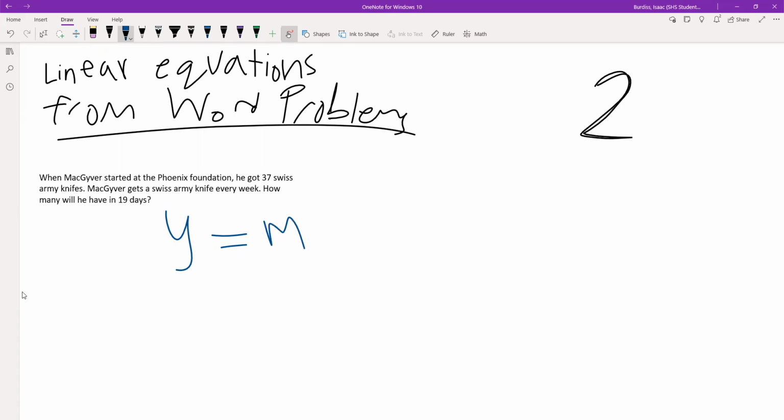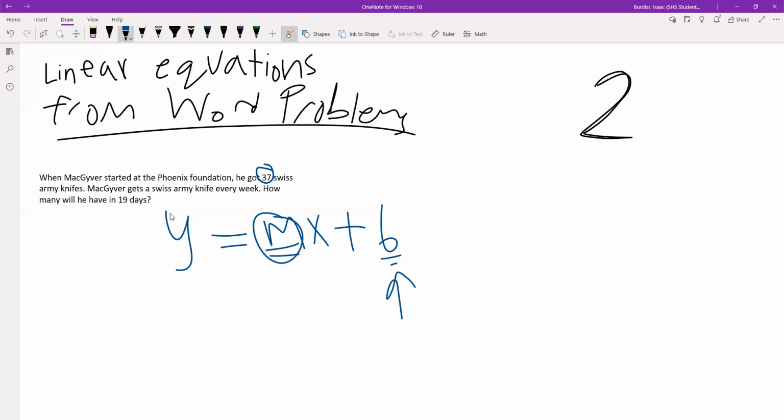But a standard kind of equation that you would see for linear is this: y equals mx plus b. Now, if you're graphing this, you might know this as the slope and this as the y-intercept. But when we're looking at word problems, this b is the initial amount he started with. Well, that would be 37 because it says that's what he started out with. This m is something that's multiplied by a certain length of time,